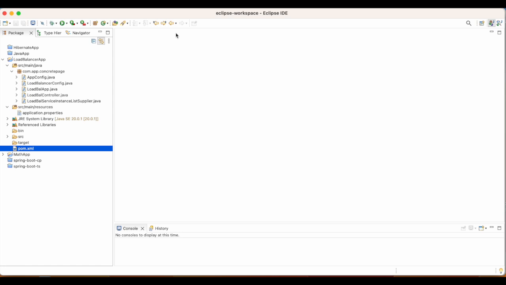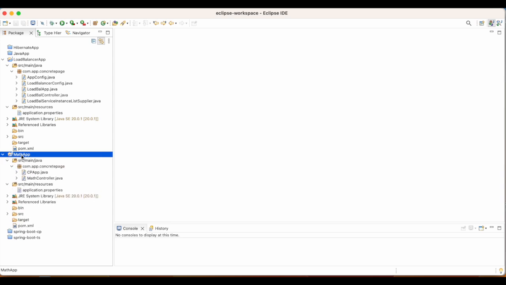Now let us understand the code. As we have already created the math app application, I will start this application on three different ports, that is 8081, 8082 and 8083.